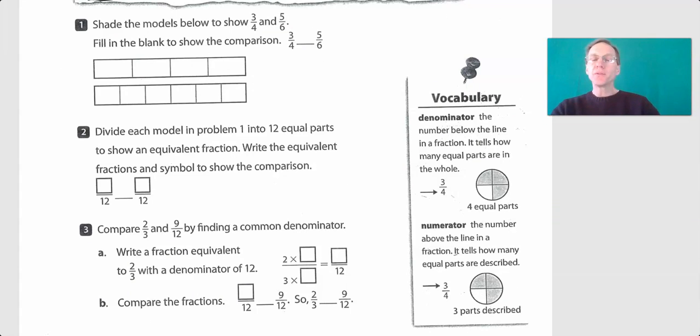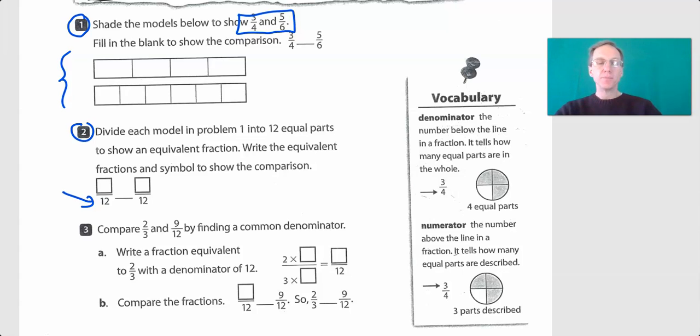Okay, so this first one here, it says we're going to be comparing 3/4 and 5/6, and we're going to use that with drawing some models, some tape diagrams, or pizzas is the easiest way to think of it. And then we're going to do the same thing, but we're going to make the denominators the same down here. So it's going to be the same fractions. So 1 and 2 go together. Up here first, we're just going to shade it, compare the pizzas or the tape diagrams, and then down here